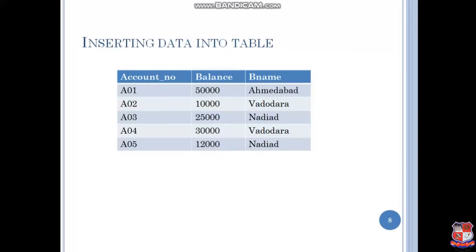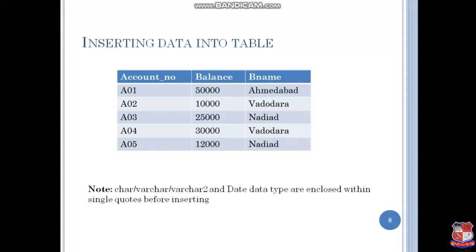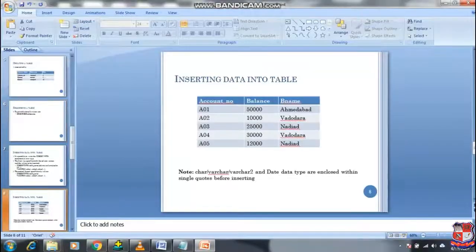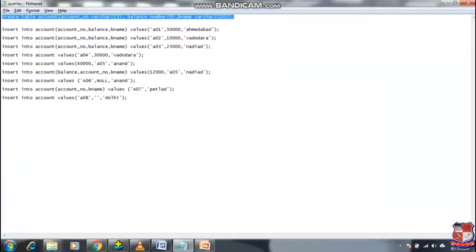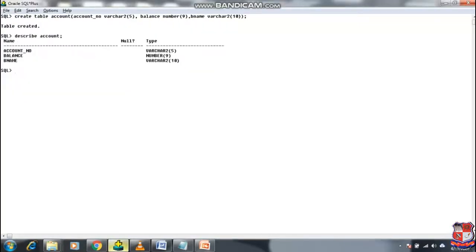Now let us insert the values shown in the table into our table account. Please note that character, varchar, varchar2 and date data types are enclosed within single quotes before inserting. As shown, I have inserted a new row into my table account.